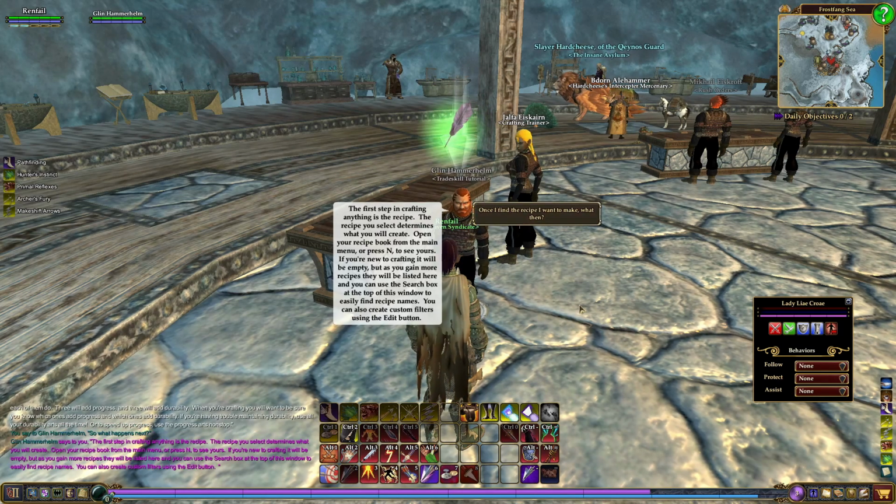The first step in crafting anything is the recipe, which you select determines what you create. Open your recipe book from the main menu or press N to see yours. If you are new to crafting, it'll be empty, but as you gain more recipes, there'll be more listed there, so you can use the search box at the top of this window to easily find the recipe names. You can also create custom filters using the edit button. Okay, and after I find a recipe,